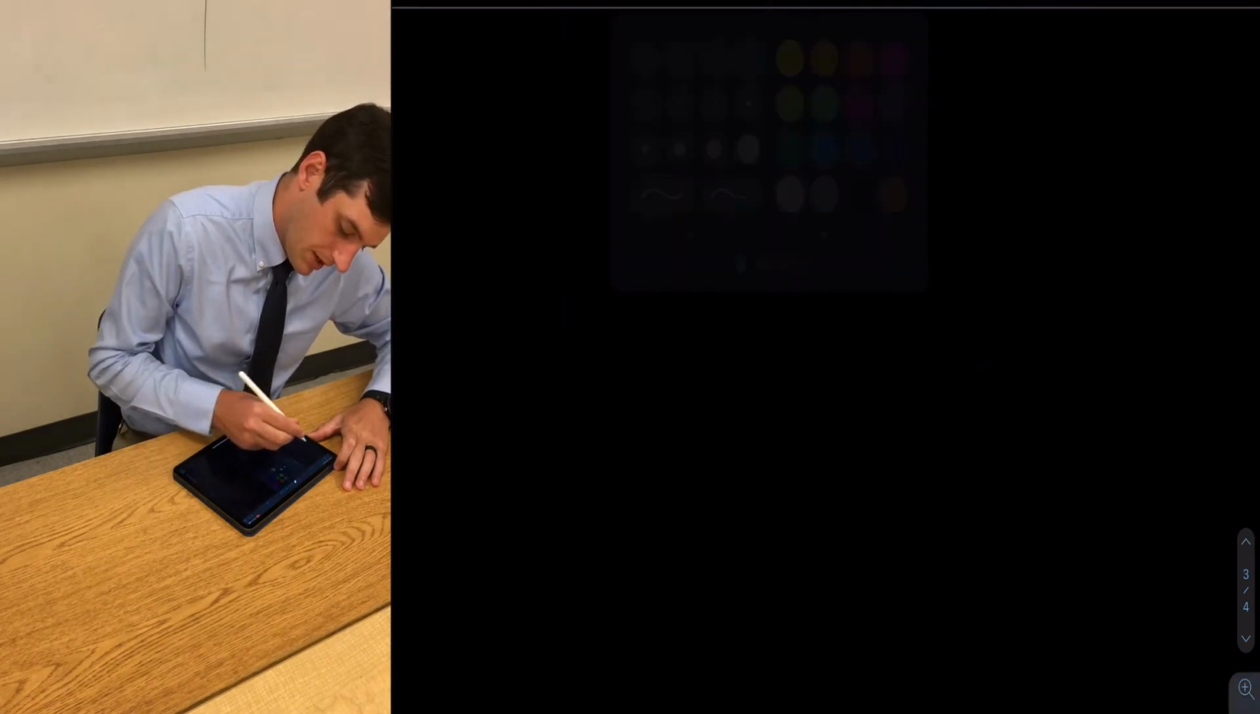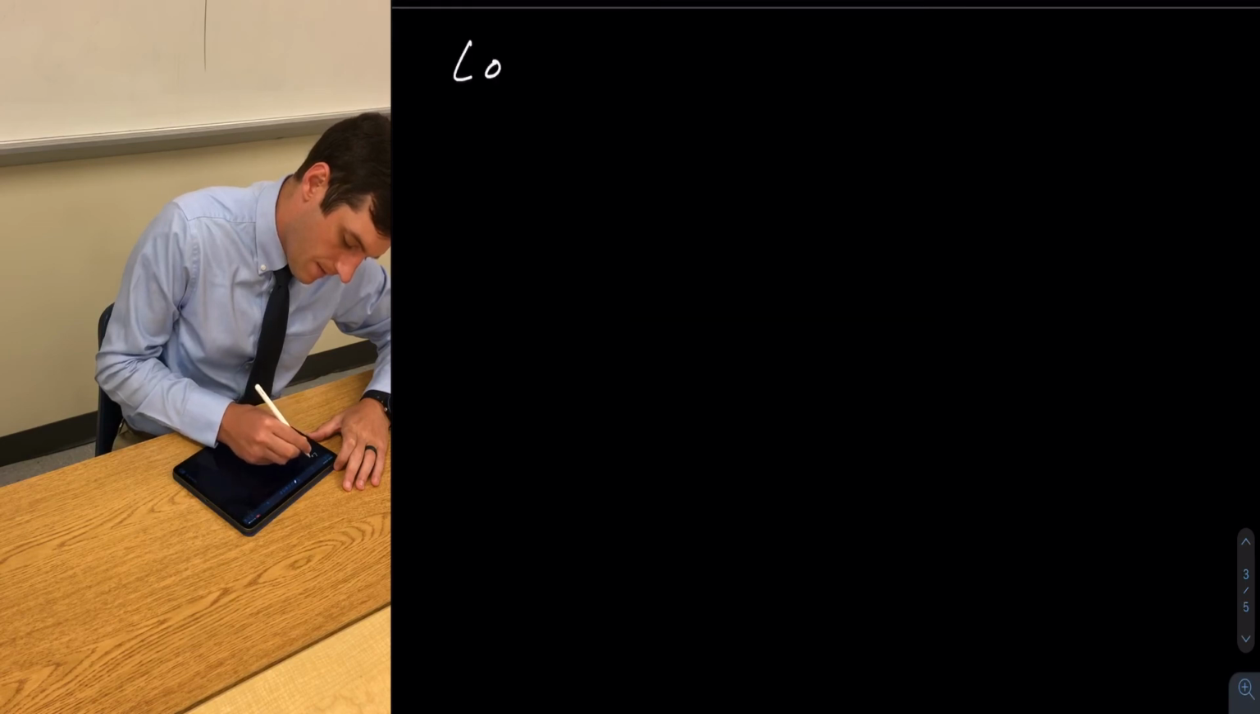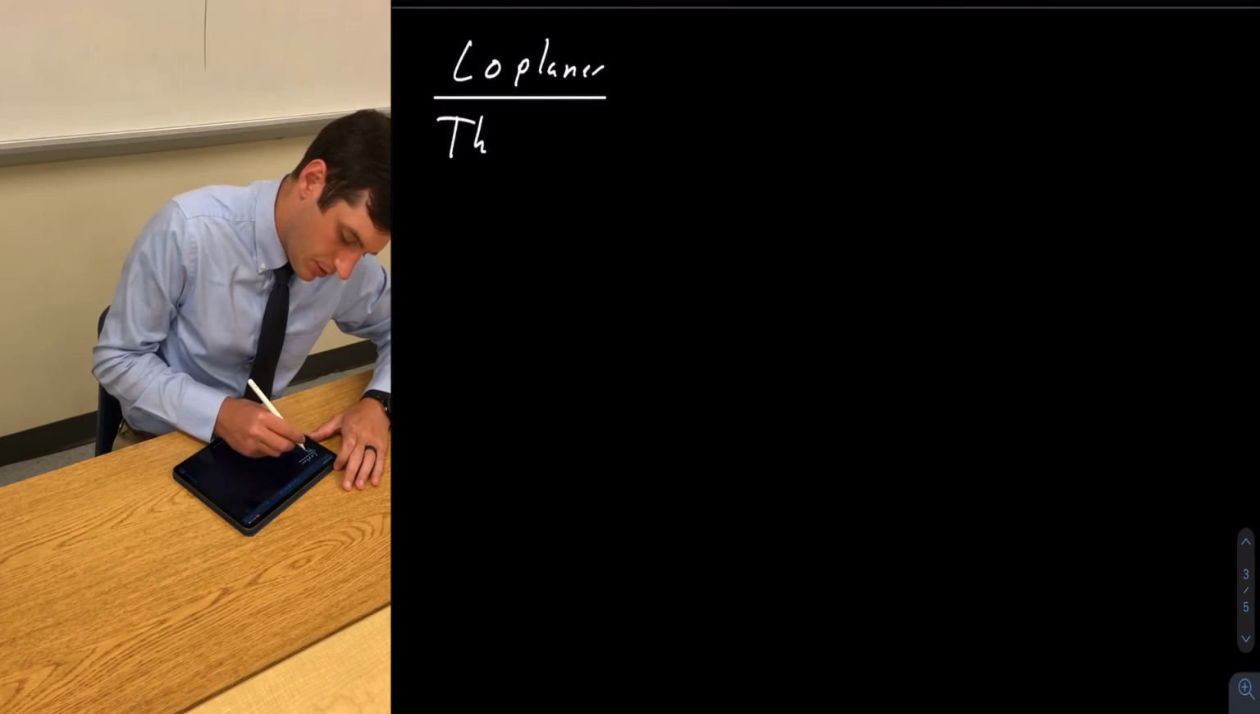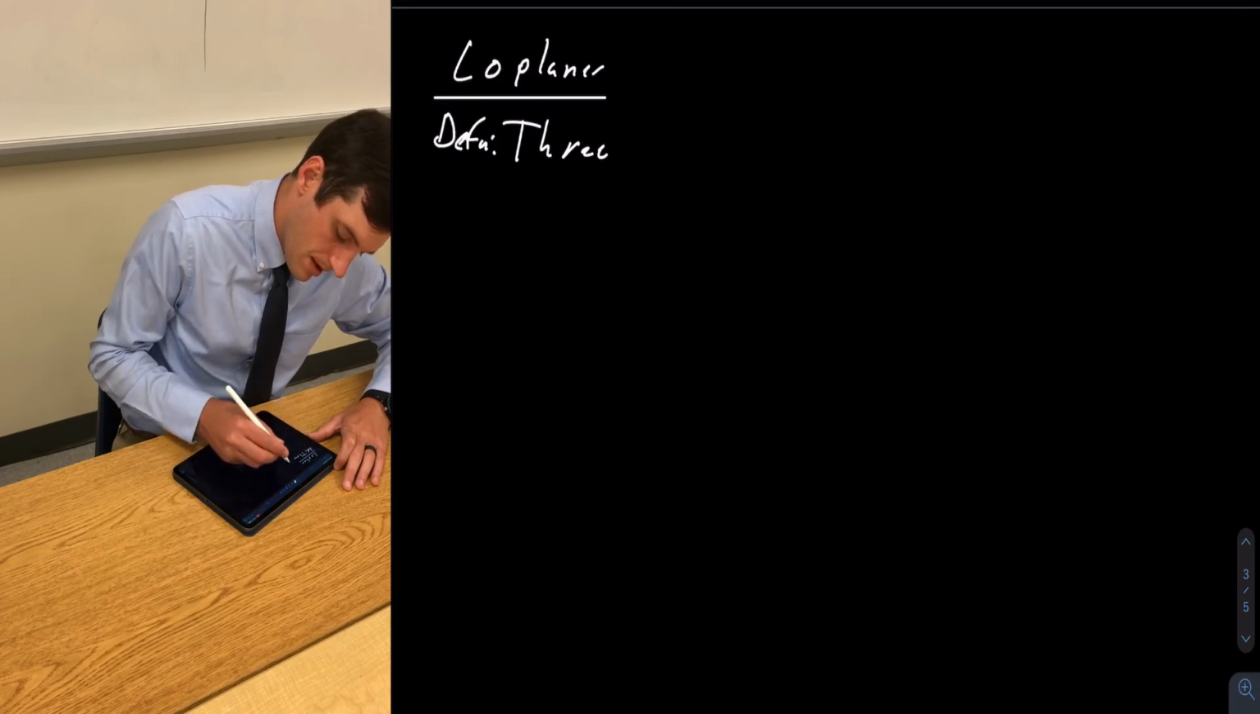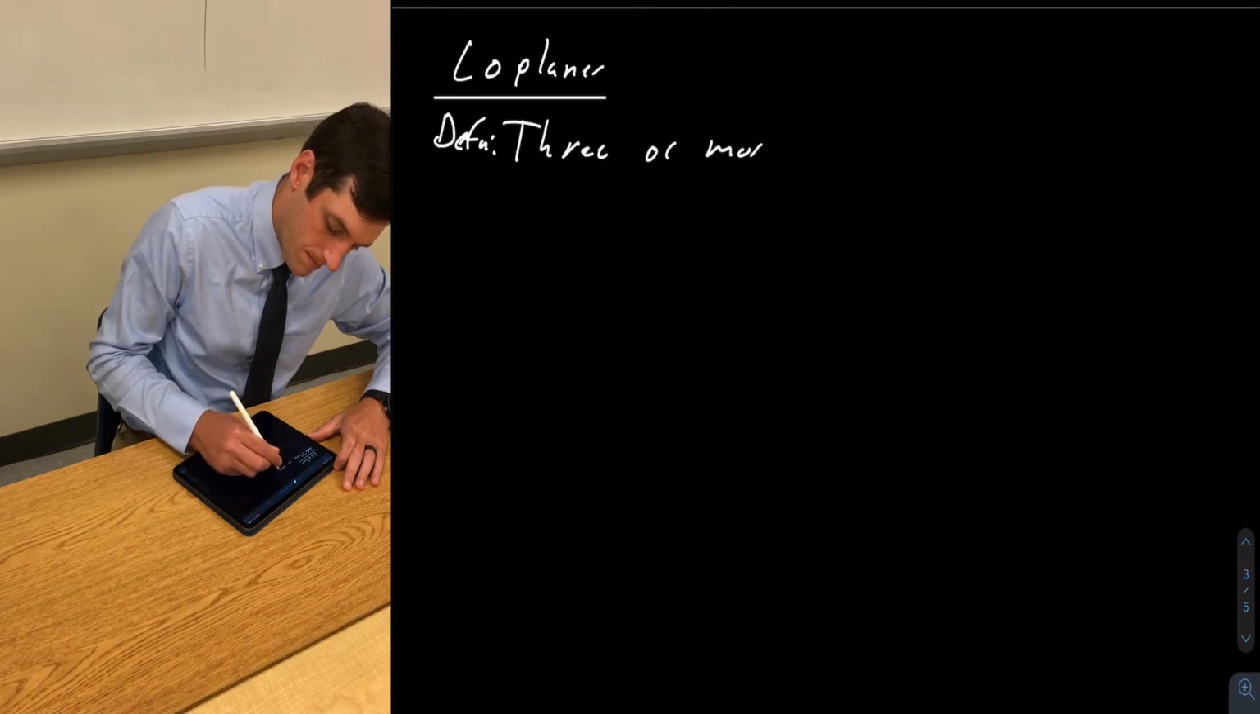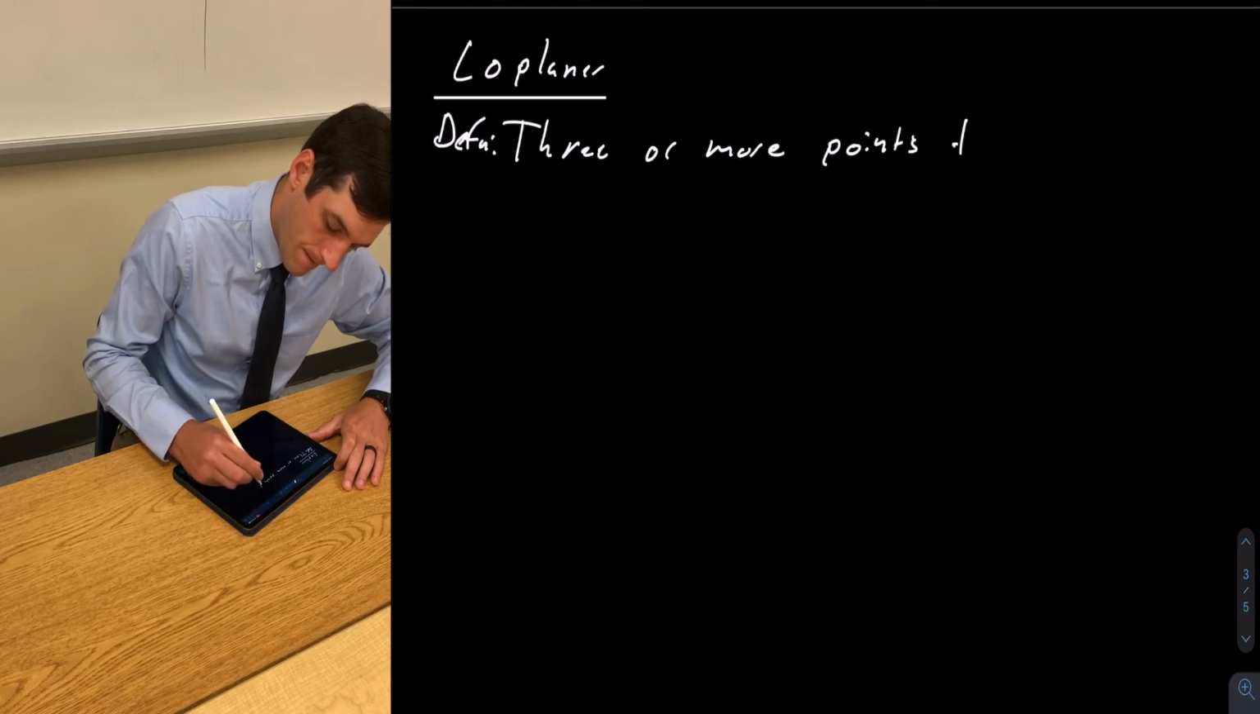Let's look at coplanar real quick. So three points are required for a plane. So let me, in a hurry, write the definition. Three or more points that lie